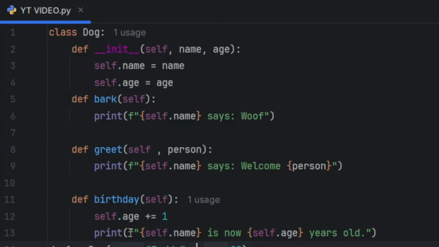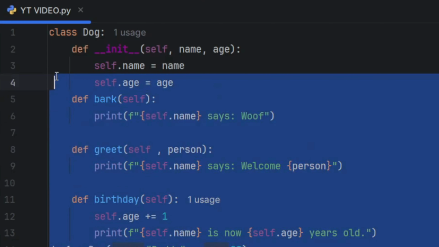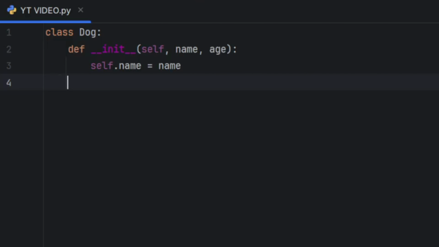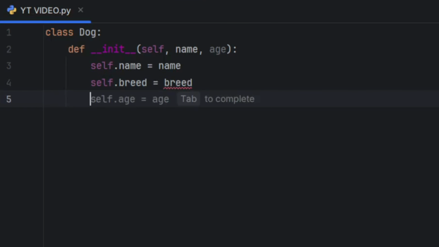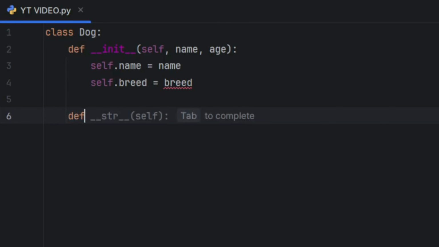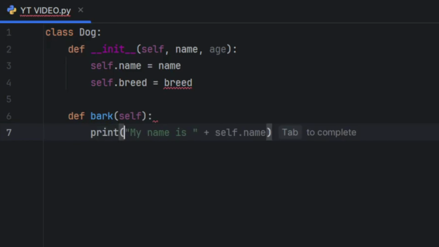Now, we can combine multiple methods. So let's change the entire thing a bit. Rather than having age, we'll make it have self.breed, and we'll set it as breed. So now def bark(self): print f-string self.name barks loudly.